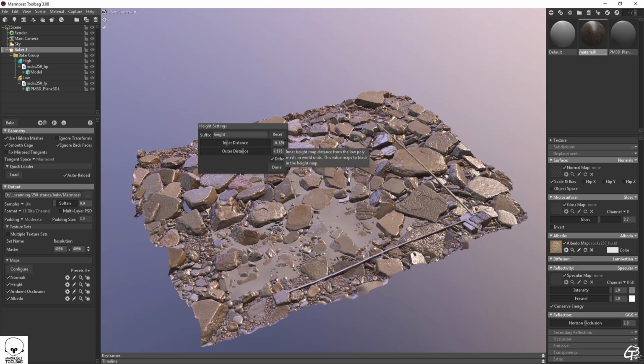full available dynamic range. So this is the place where we should paste the value we eyeballed when playing with the cage before. So let's paste it in here, just make sure that the inner distance value got the minus. Next, let's set ambient occlusion to get higher production quality, and I think we are ready to hit the bake button. The button can be found on the top when the Baker1 group is selected.